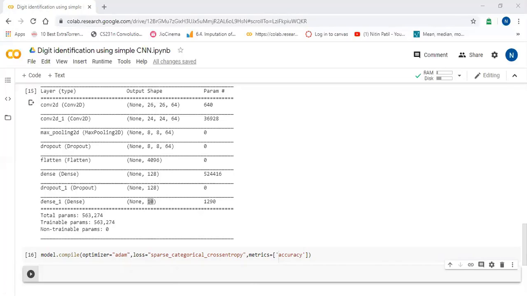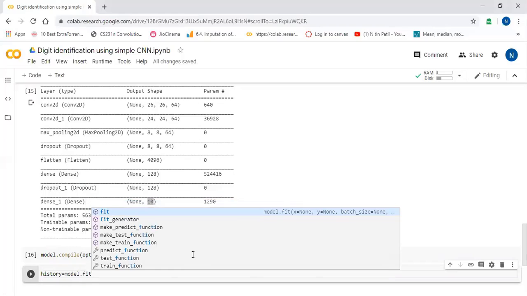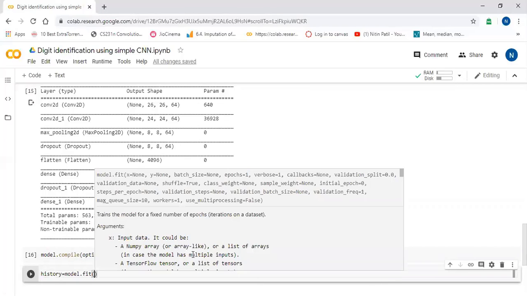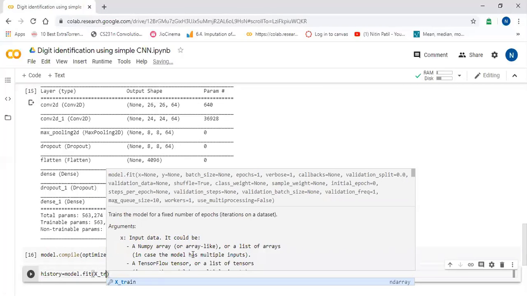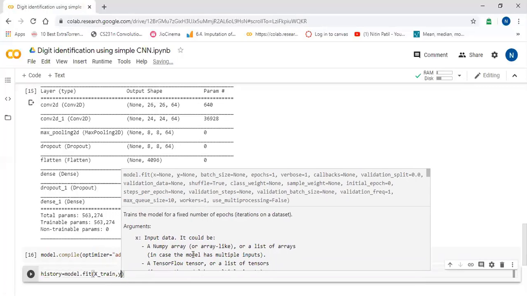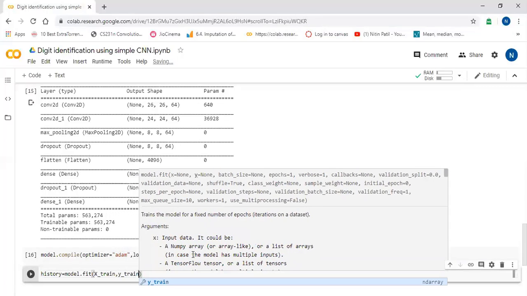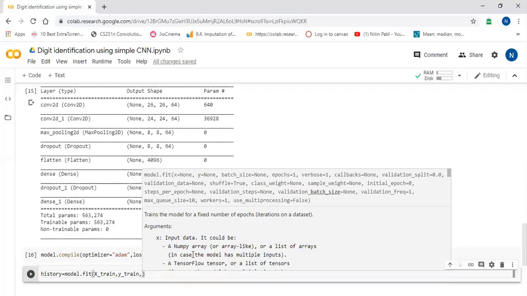So to train that, we will say history is equal to model dot fit, x underscore train comma y underscore train. If you do not understand those steps, I have already created previous videos on that, so you can go ahead and check those.